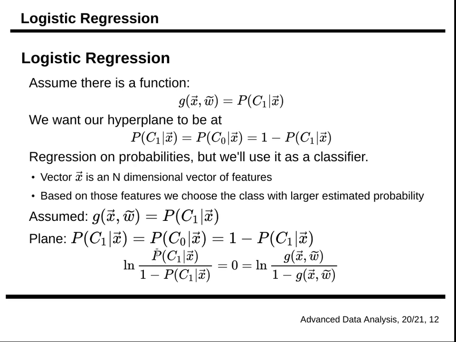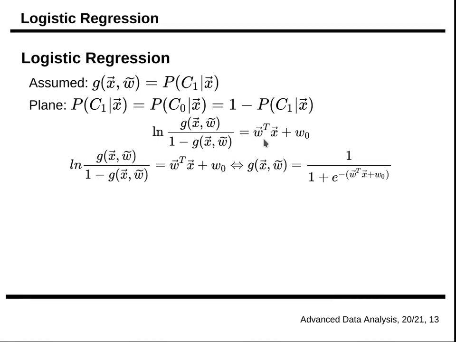And one way of trying to model this, so this function that gives us the probabilities, this should also be a function that varies between 0 and 1, because that's what probabilities are. To solve this, we can transform this equation like this: take the logarithm of the probability of belonging to class 1 divided by 1 minus the probability of belonging to class 1, and set this equal to 0 to find the place where we put the discriminant. The reason for this is basically that if we do it this way and we decide that we want a linear discriminant,